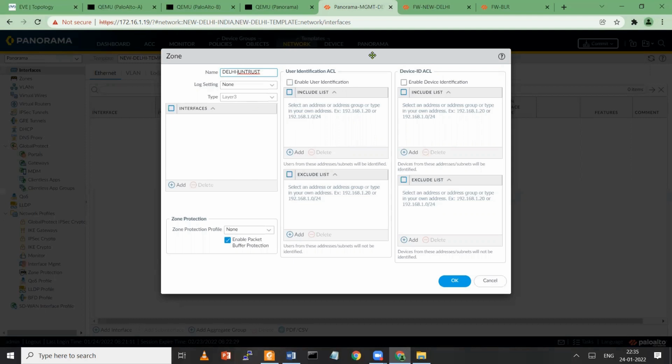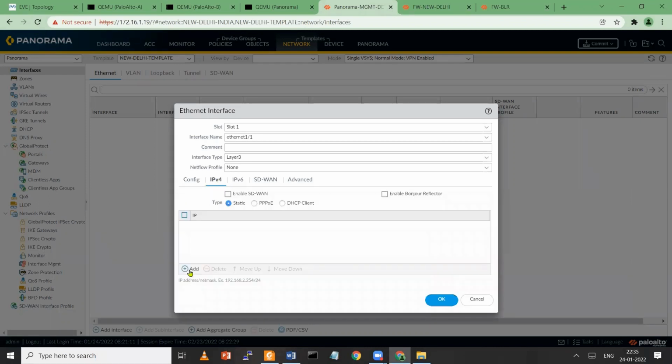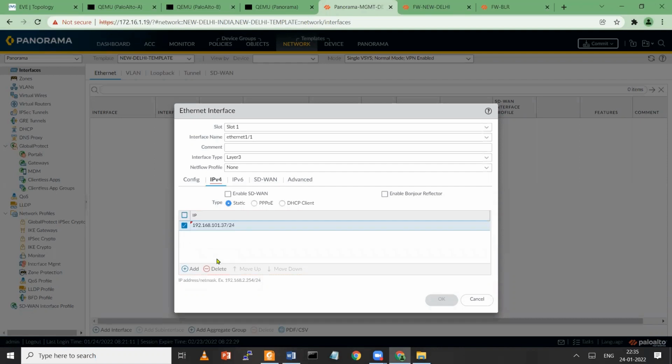Give the same name, Delhi Untrust, no worries. And now you can configure the IP address. So the IP will be 192.168.101.37/24. That's my WAN IP.